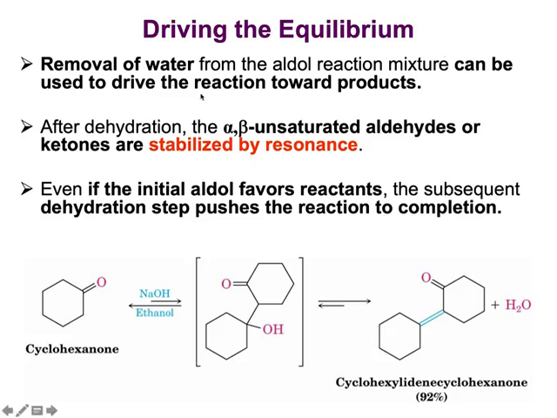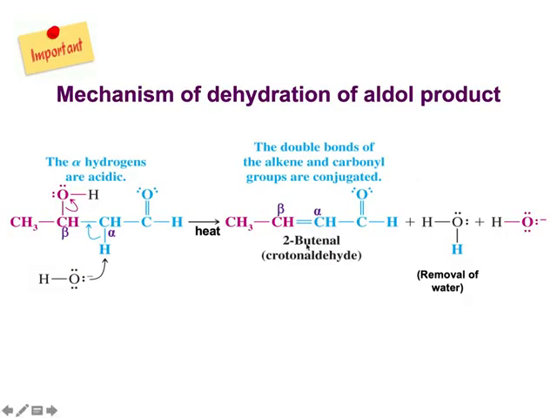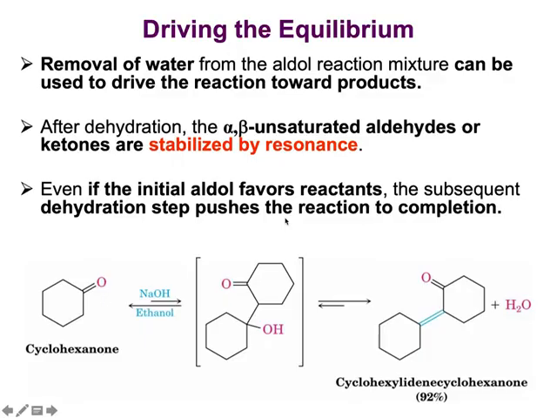Okay, this can be used to drive the reaction towards product. After dehydration, the alpha, beta unsaturated aldehyde or ketone is stabilized by resonance. Here we want to stabilize the end product as a conjugated enone, and after the dehydration, the alpha, beta unsaturated aldehyde or ketone is stabilized. So if the initial aldol is reversible, the subsequent dehydration step pushes the reaction to